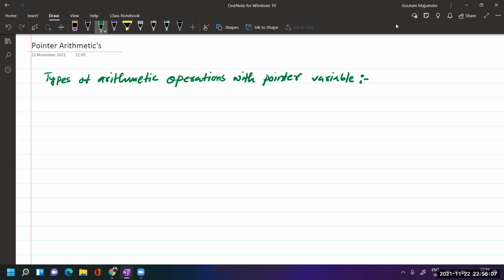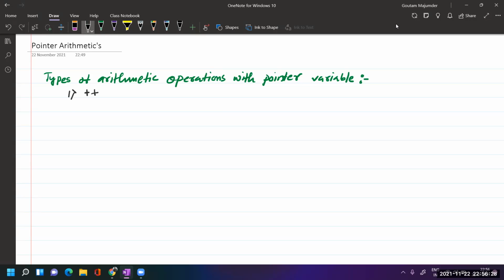Okay, so here is the list. I'm going to write down the types of arithmetic operations that we can perform with a pointer variable. The very first one is the increment operation.